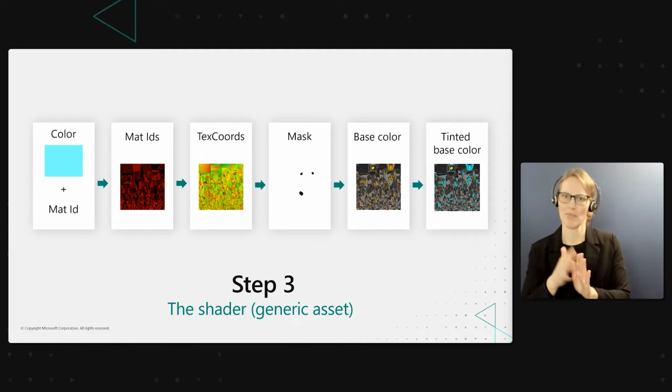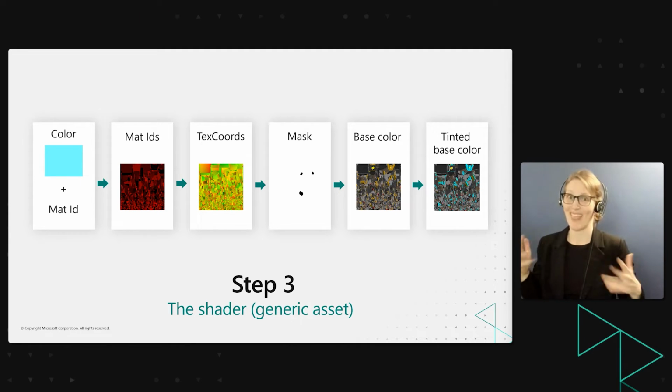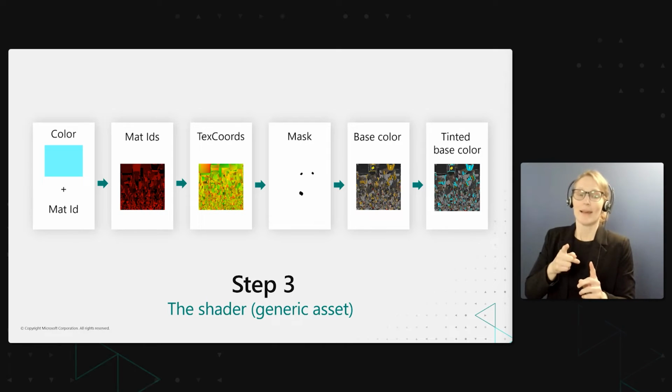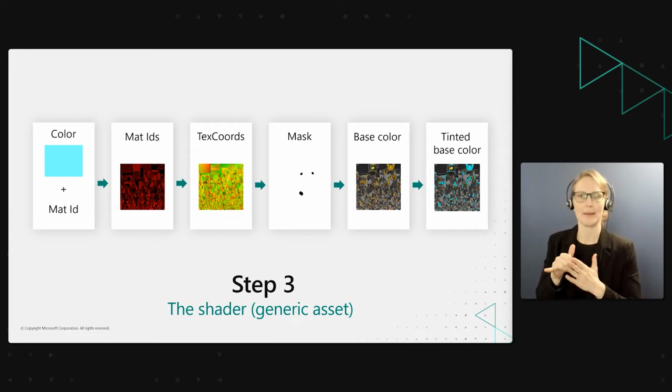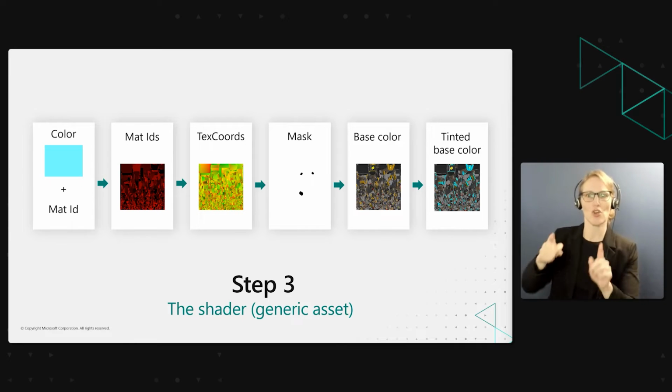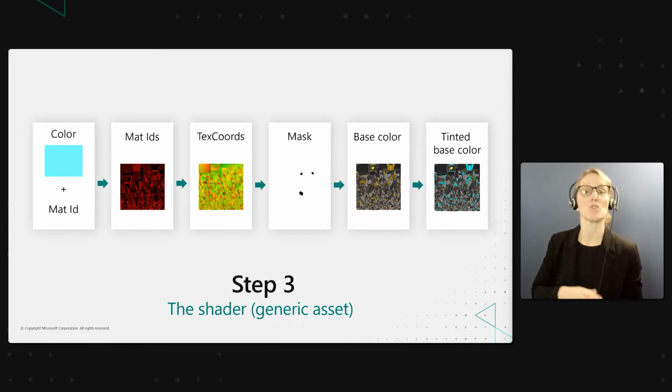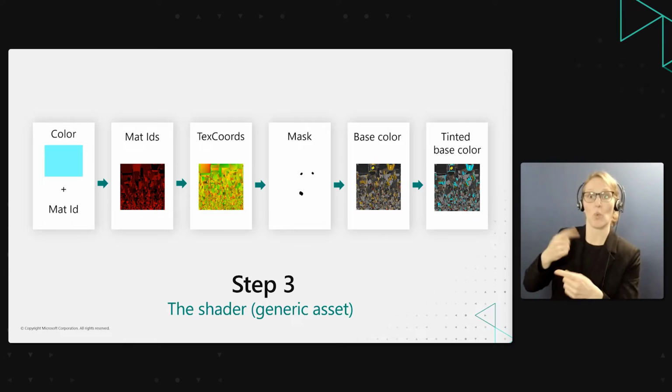And basically that's it. The thing is, this is a quite complex shader, and you probably don't want to run it at runtime. So probably when the player, for example, customizes his car and chooses the color, you would then generate the tinted base color and use that in a lot simpler shader at runtime, when the game is actually running.